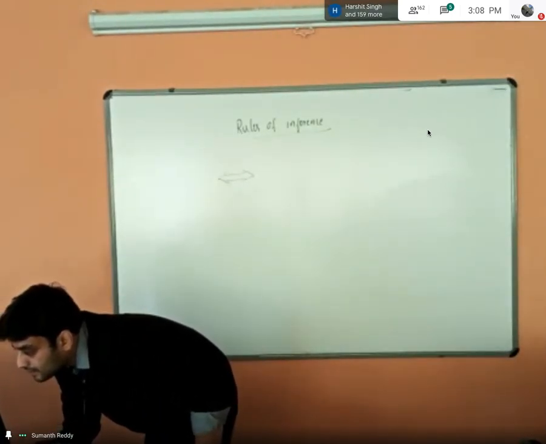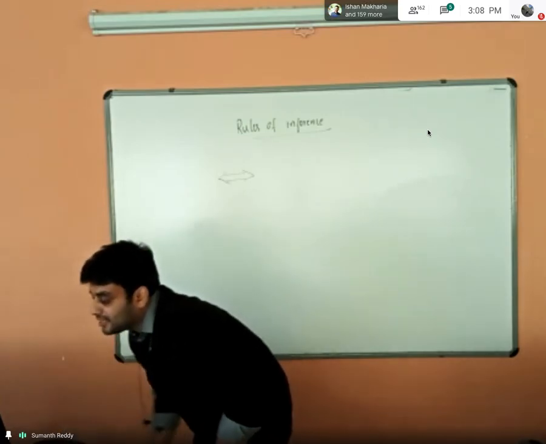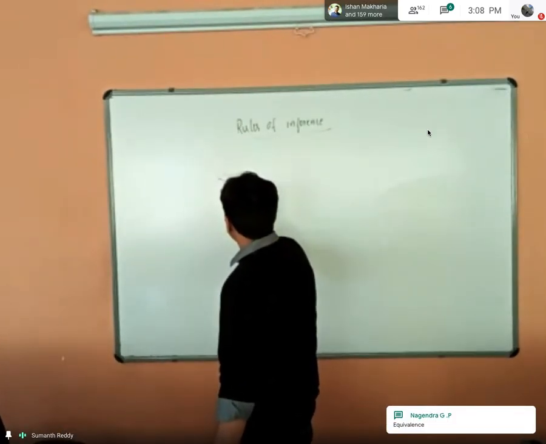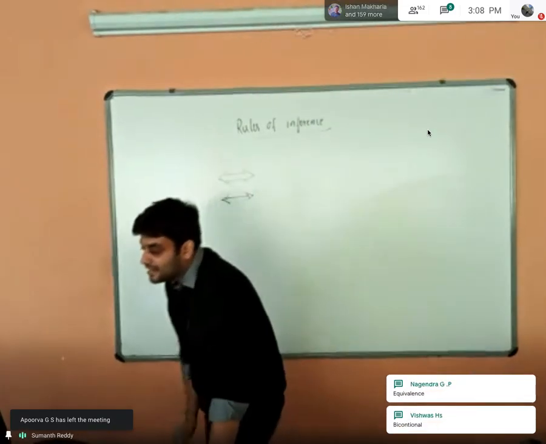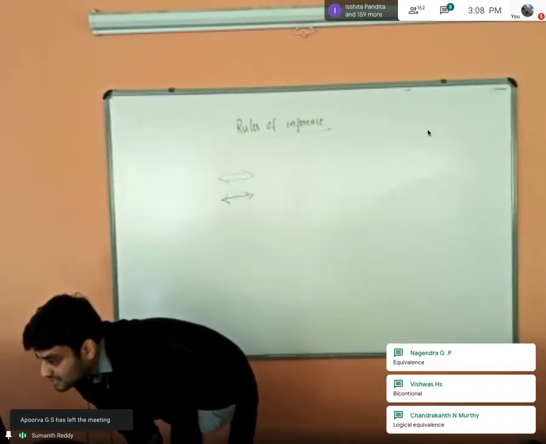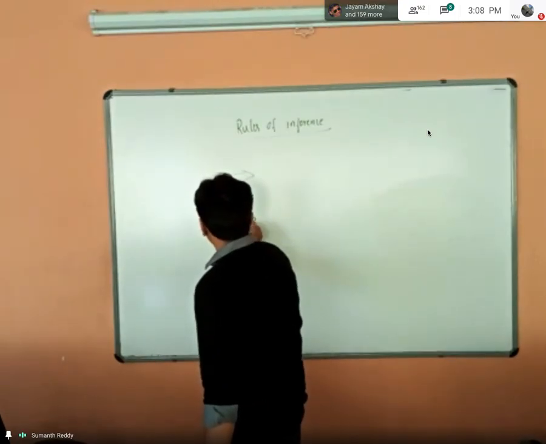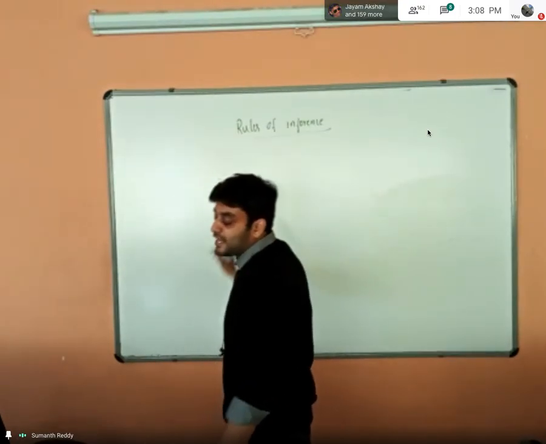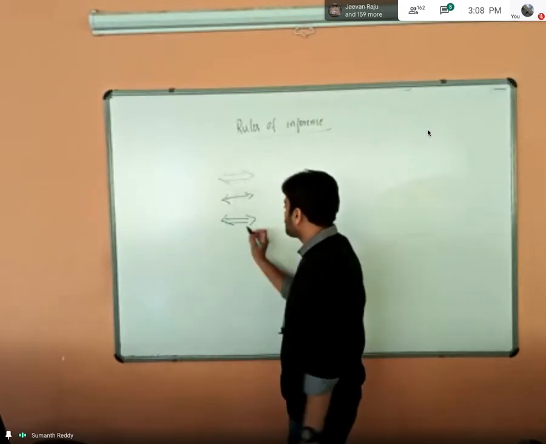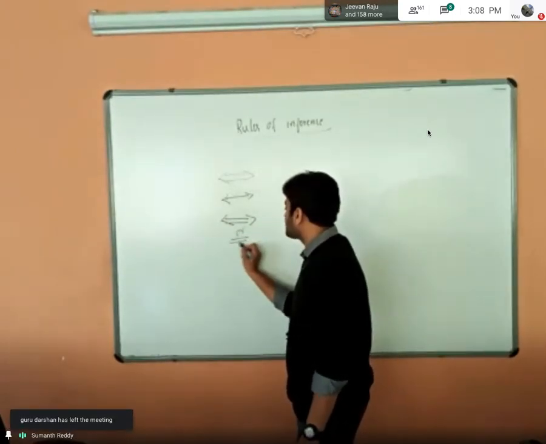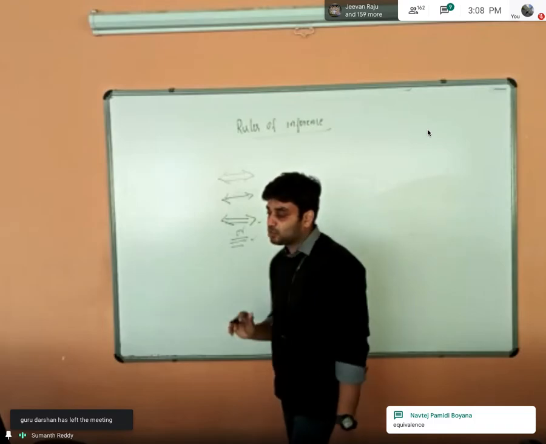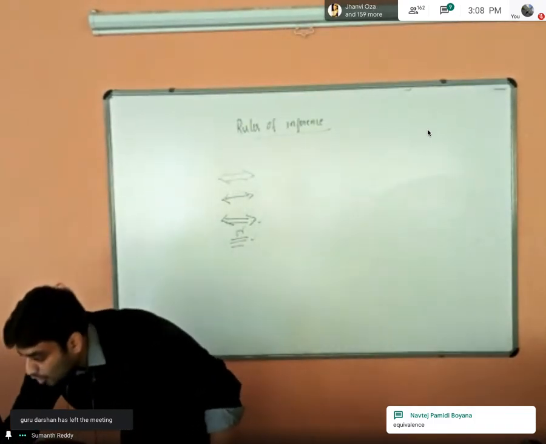If and only if. Okay, biconjunction. Actually, this is biconditional, it's not biconjunction, it's biconditional. This is the symbol for biconditional, but the one that I have written is logical equivalence. In most of the problems that I have solved, instead of using this symbol, I have used 3 lines. Both are the same. The meaning of that is logical equivalence.